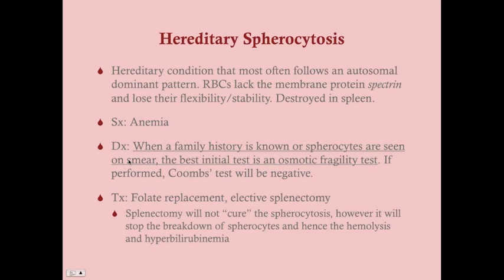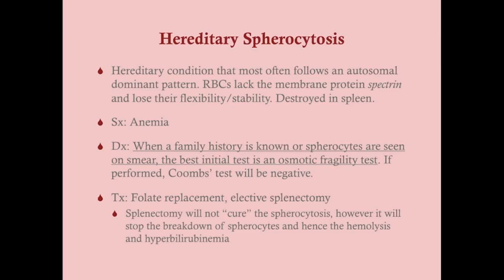So how do you diagnose this? Particularly when you have a family history, and a lot of times you diagnose this in children, when you have a family history of hereditary spherocytosis or a family history of hemolytic anemia, then the best initial test would be an osmotic fragility test. Now let me back up a little bit. A lot of times, before you even get to that point of ordering an osmotic fragility test or a Coombs test, you will have already gotten your